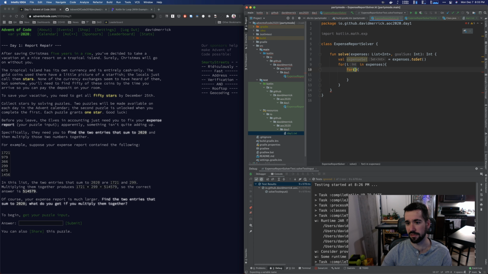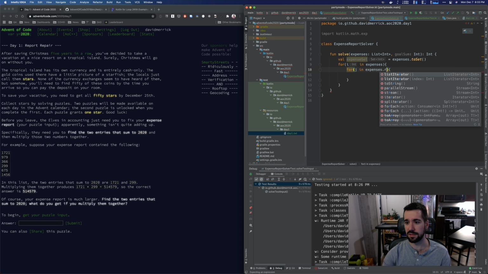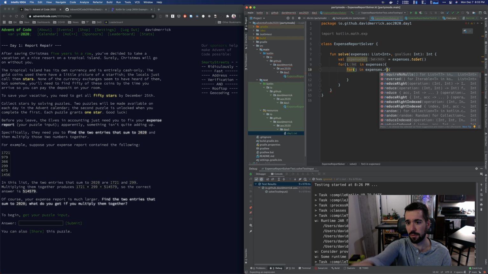This is extremely inefficient, by the way. This is just the brute force implementation. We want to do j in expenses, we want to remove i, because i is the number that we want to add another number to. I'm explaining this horribly, but